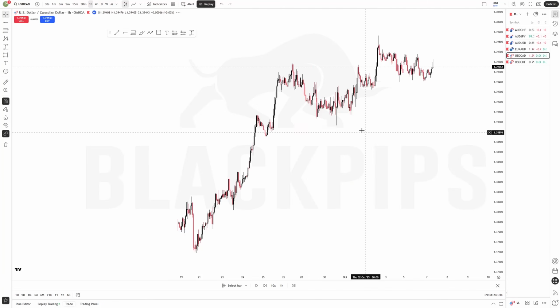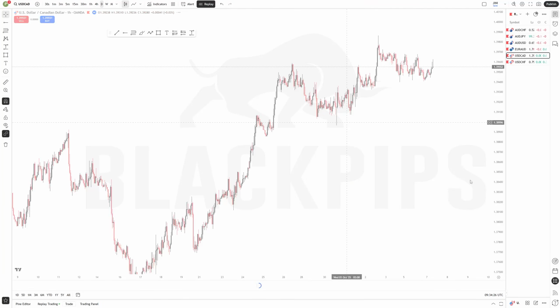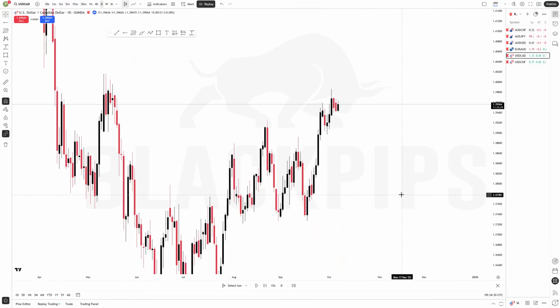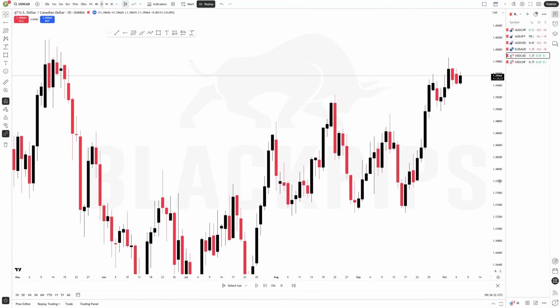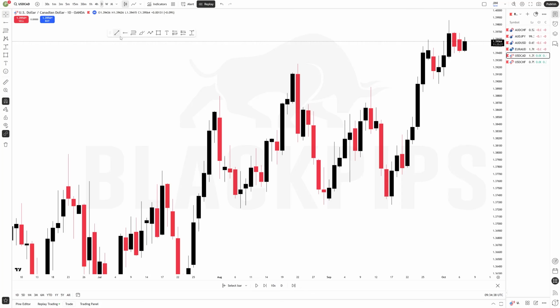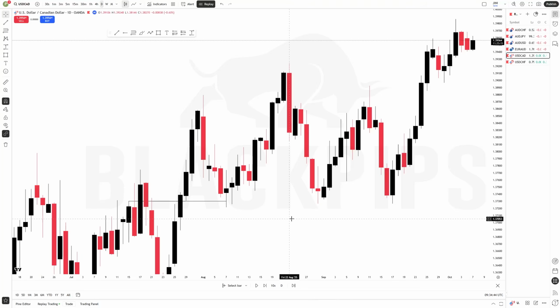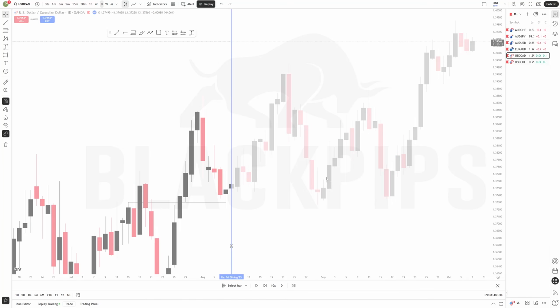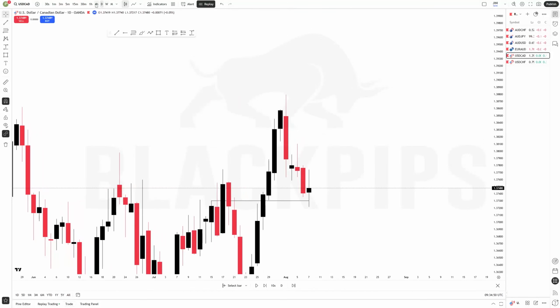We had another entry from this USD CAD pair, and this was the easiest entry. We had the first entry on this level here, whereby the market just came and reacted to some of the flips. And after reacting to some of the flips, if you cut the chart from this point here and go back to the 1 minute time frame,